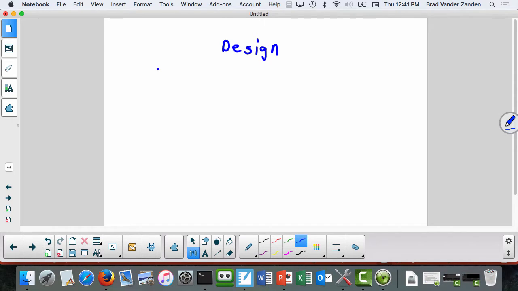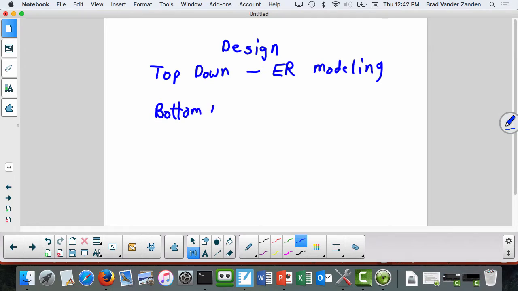There's basically two ways you can go about doing design. There's a top-down design approach that uses something called entity relationship modeling, or abbreviated ER. And there is bottom-up design, which uses a technique called normalization. And what I find is that usually most people are more comfortable using top-down design to design the database, but then it's often a good idea to use the normalization approach to check your assumptions with the relations that you've